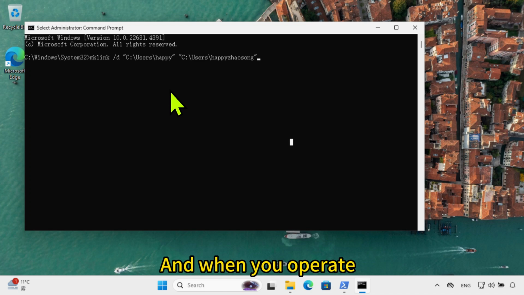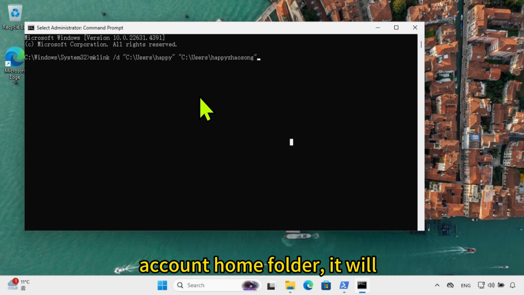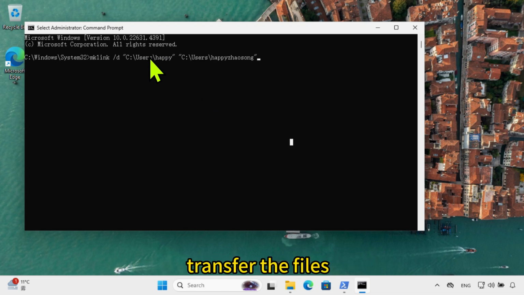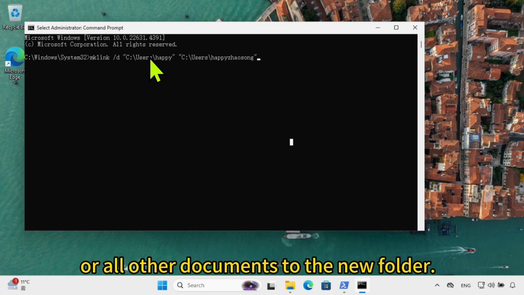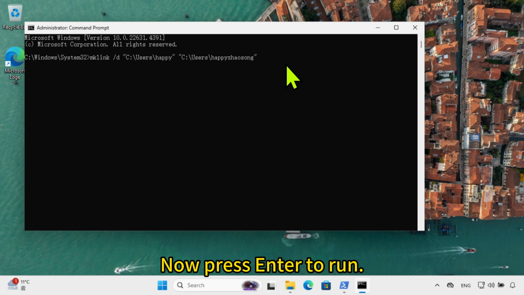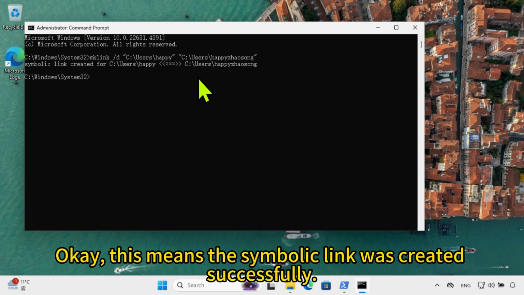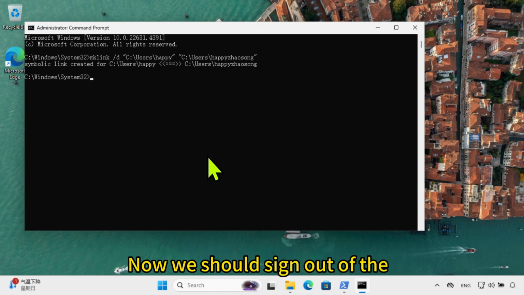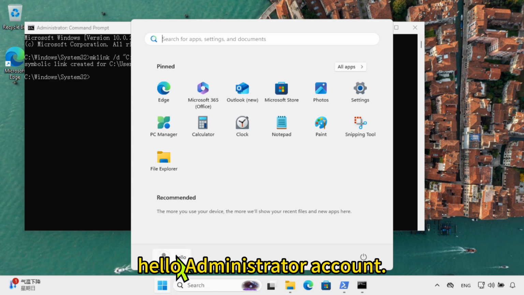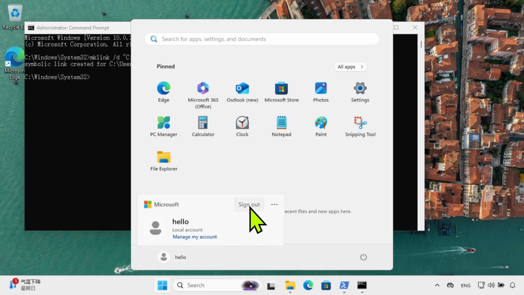When you operate on the old account home folder, it will transfer the files or other documents to the new folder. Okay, now press Enter, it will run. Okay, this means the symbolic link was created successfully. Now we should sign out of the Hello Administrator account